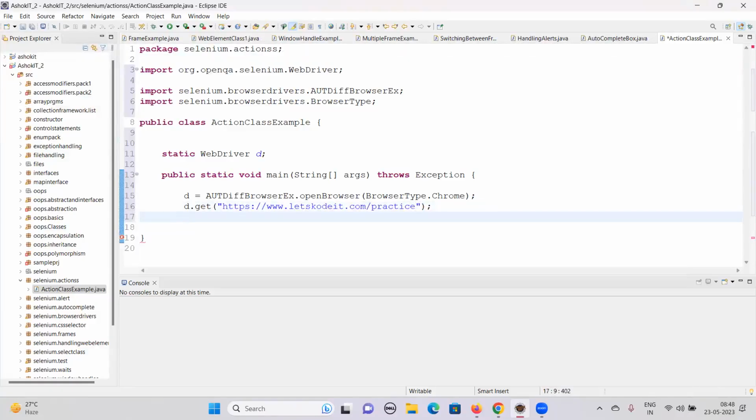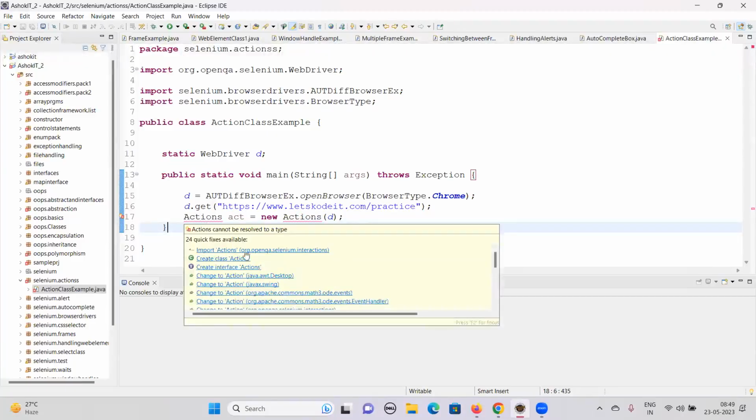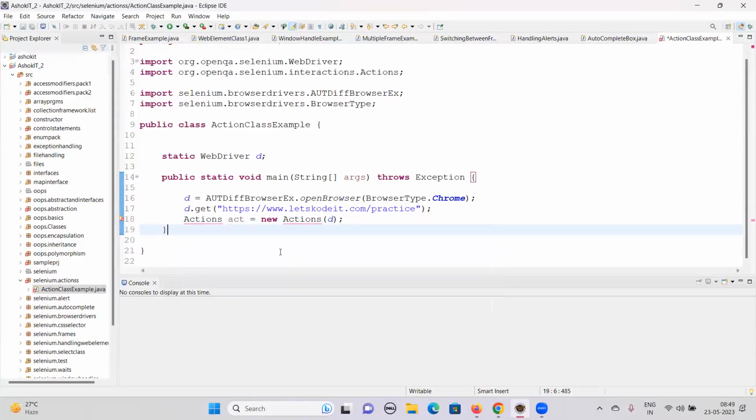So for this, what we have to do is create an object for the actions classes. Okay. So I'll say Actions act is equal to new Actions. So we have a constructor for this, right, which accepts the driver as a parameter. Okay. So this particular class resides inside a package that we need to import, which is actions. You can see open q, need to open